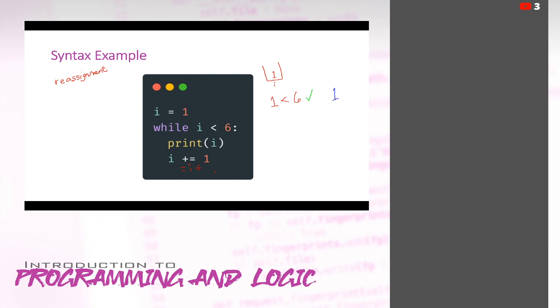So as we work through this, we get to that line after we've printed 1 to the console, get to this line of I plus equals 1. Now we've reassigned the value of I in our container, and now it's a 2. So then it will jump back up to the top of our while loop and evaluate the statement again with this new value of I.